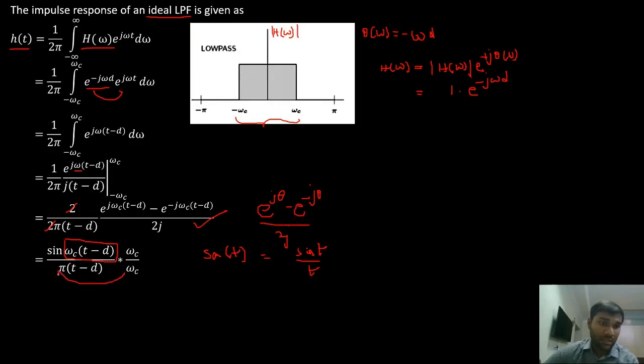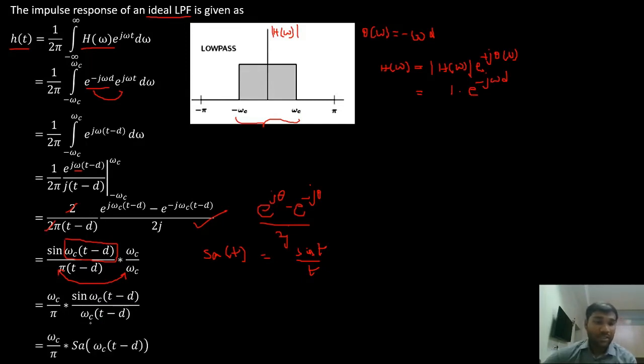I'll get this omega c here, and this pi I will get outside. So that becomes omega c by pi, and then I have sine omega c into t minus d divided by omega c into t minus d. This is in the form of sine t by t, which is nothing but sampling of t. So omega c by pi is my constant, that is my amplitude, and sampling of omega c into t minus d